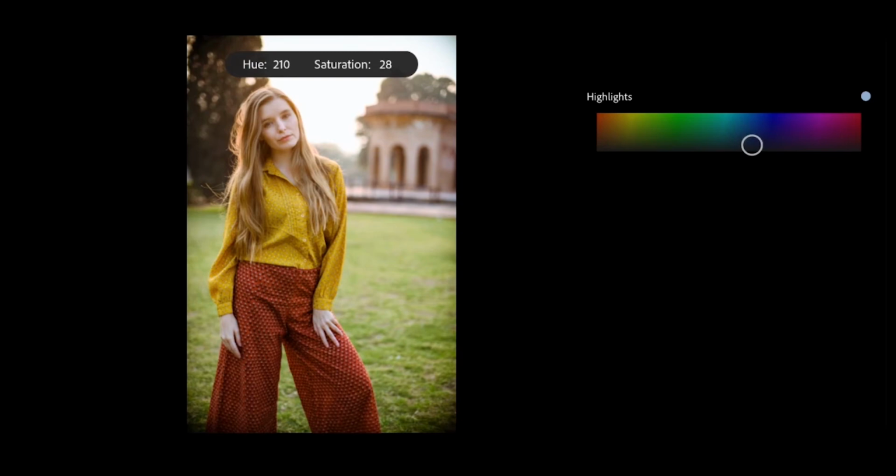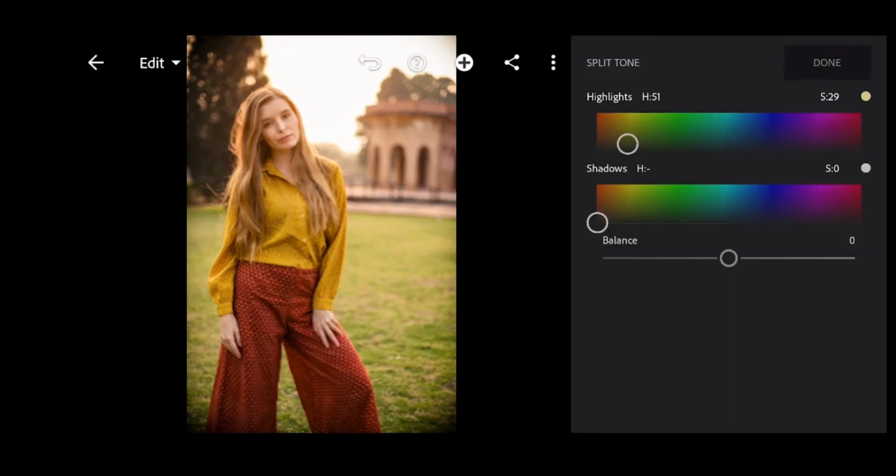You can always choose the color. This is creative color grading, so once your image is completely edited, this is your choice to make. I generally go with a highlight of yellow.